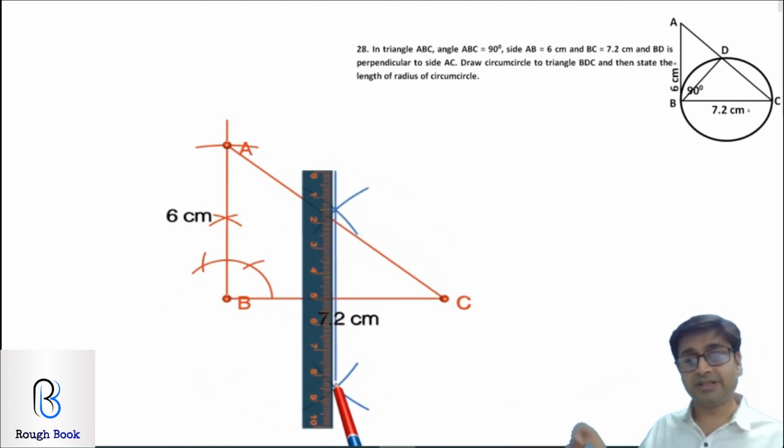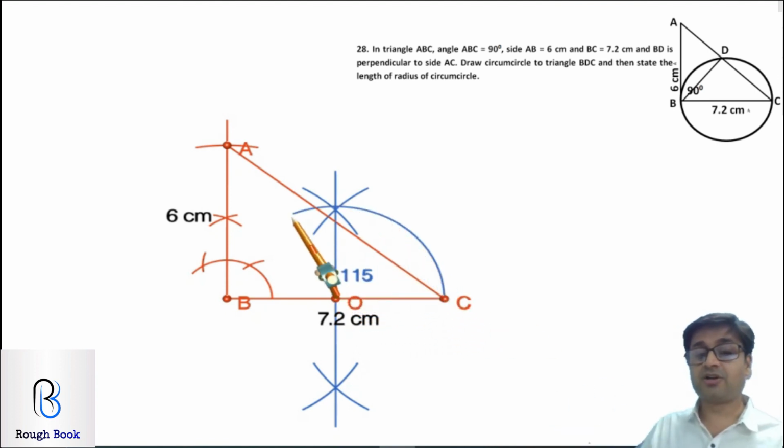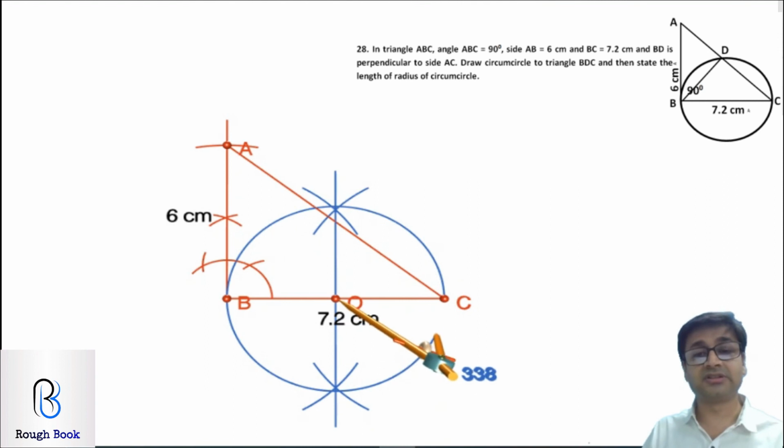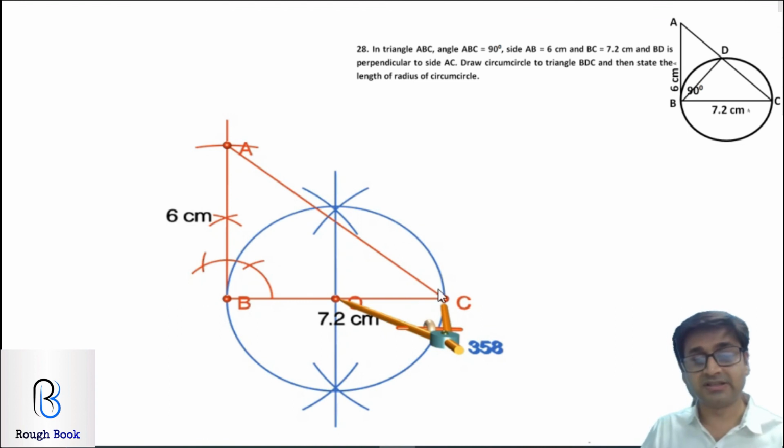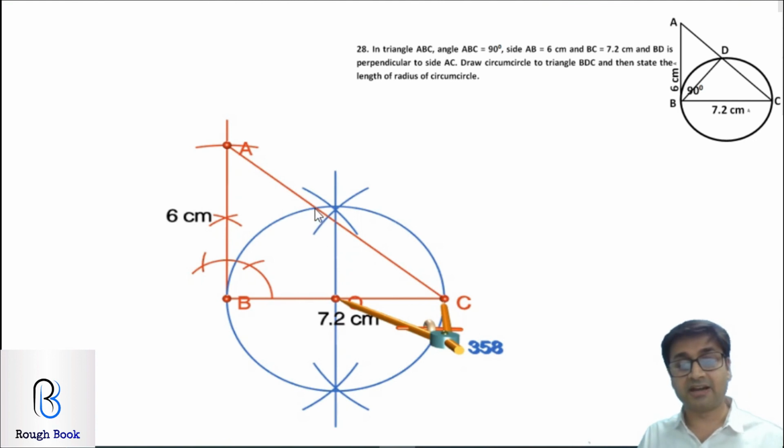The point where it hits BC is the center of the circle. So let's mark that point as point O. Keep your compass on O, extend till B or C and draw your circle. So we have got our circumcircle. Not circumcircle, we just got a circle with a semicircle as BC diameter. So this point over here is very crucial. That's your point D, bullseye. Point D, why? Because if I join BDC by the property of the circles, this angle BDC will be 90 degree. And if this is 90, that means BD is perpendicular to AC, which they have told us.